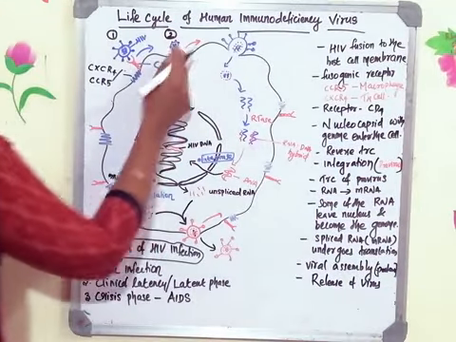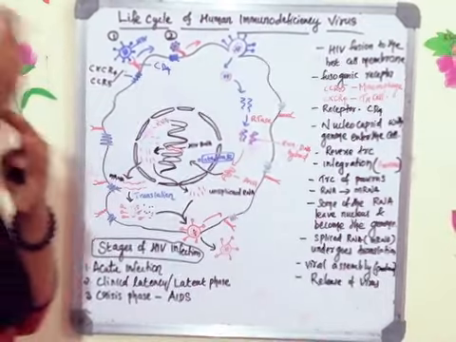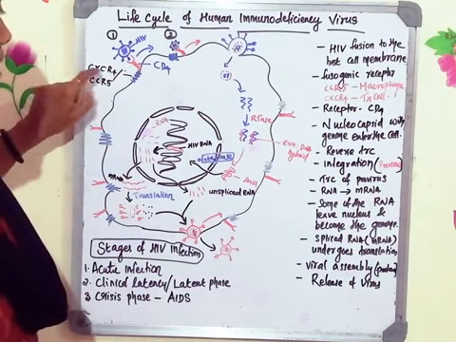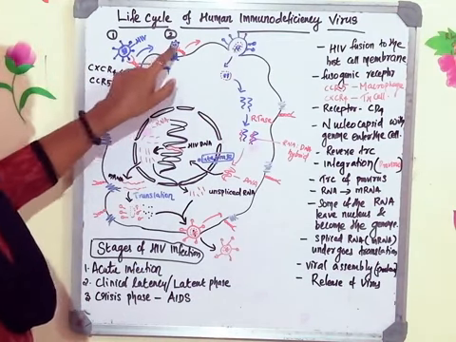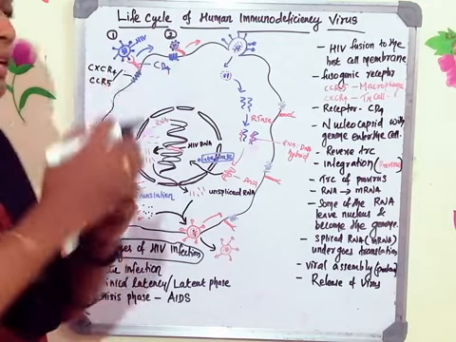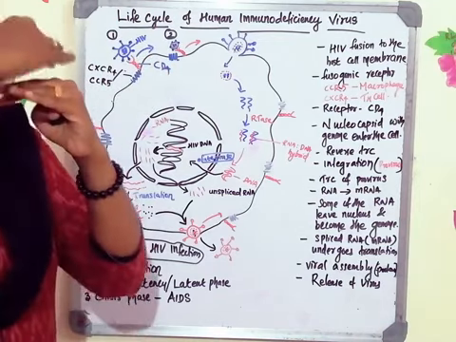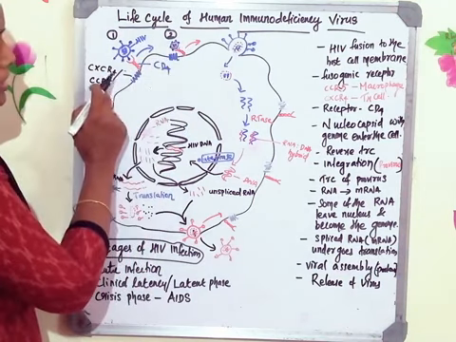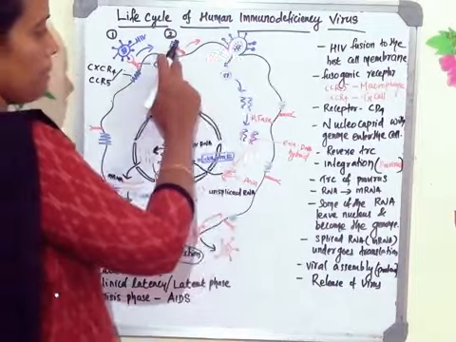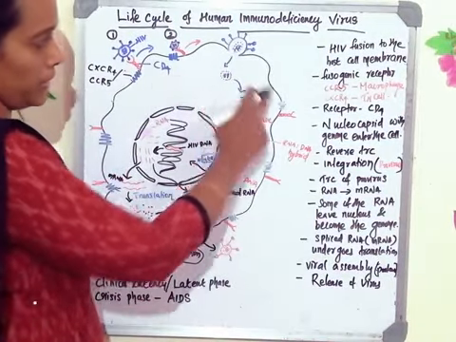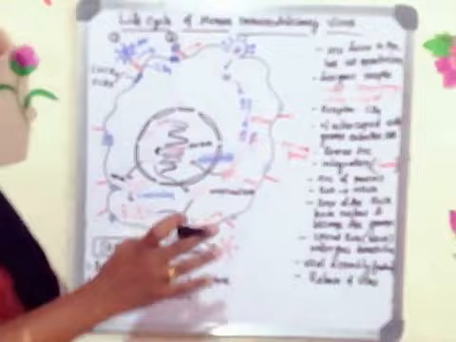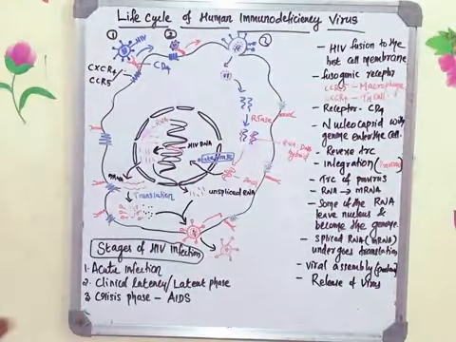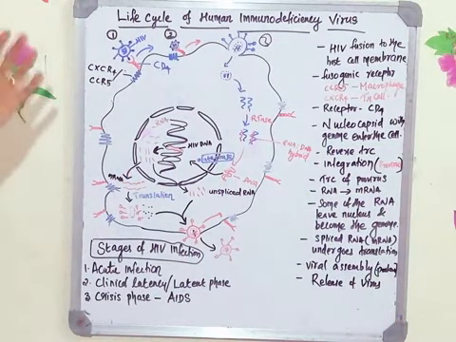Once after binding, you can see in this diagram, the CD4 brings the virus into the vicinity of the fusogenic receptor. What are the fusogenic receptors? CXCR4 or CCR5. Now the virus is near this CCR5 or CXCR4. Once it binds there, the plasma membrane of the infected cell and the membrane of the virus fuse. Can you see here? This is the third step: the fusion of the membrane of HIV with the membrane of the T helper cell or the macrophage.